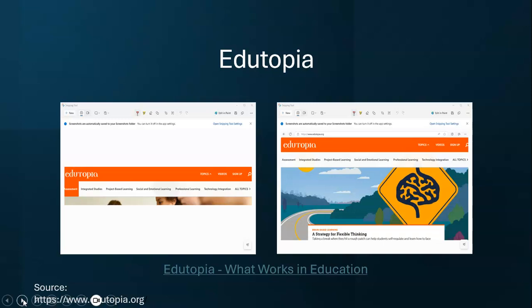It has a plethora of information having to do with, for instance, assessment, integrated studies, project-based learning, social and emotional learning, professional learning, and also technology integration, as I mentioned, along with other topics that you can search for. There is a search panel. It includes some videos, and you can also search by topic if you are interested in a particular topic having to do with even educational,